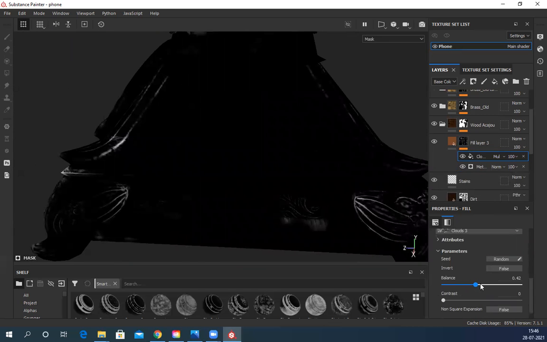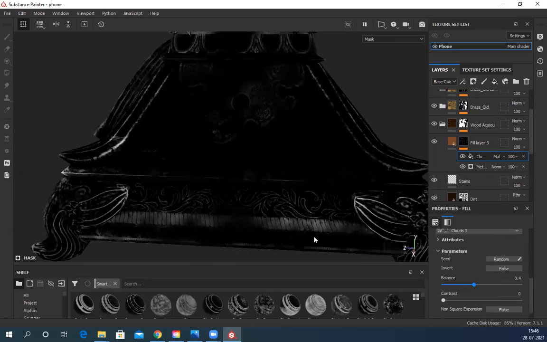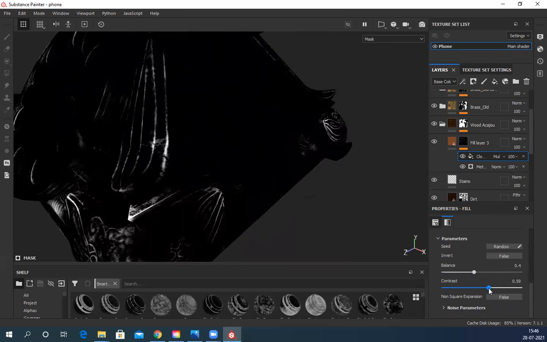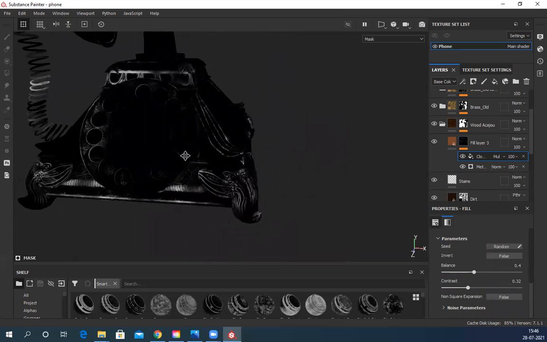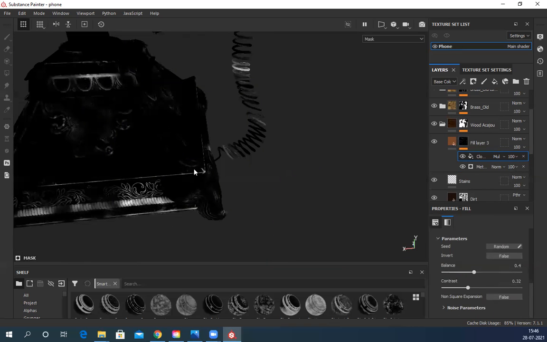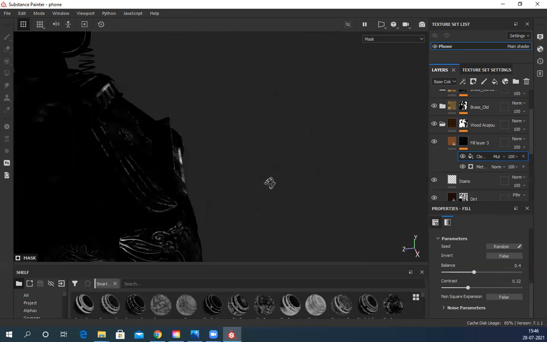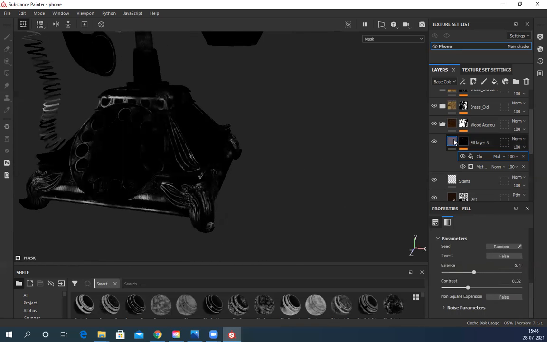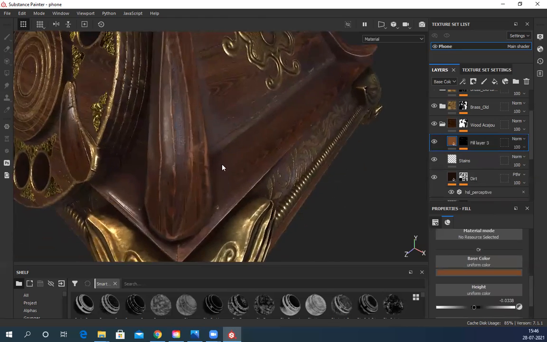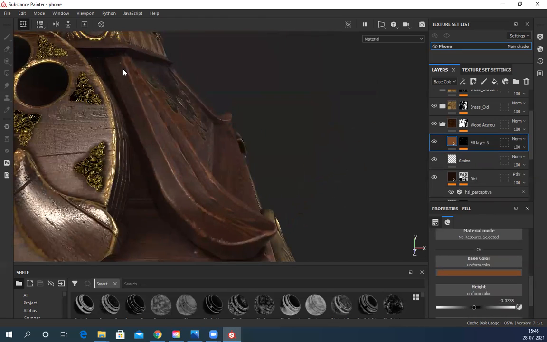That's too less. And let's see, contrast I can increase. Yes, I can increase the contrast and make it a little prominent. This is uneven. It should look something like this. This is fine. So if I click on this, now I can see those outlines are less prominent, but still I can see a little bit of this corner wear. So that I also have to fix.